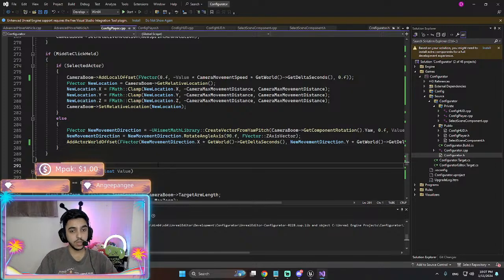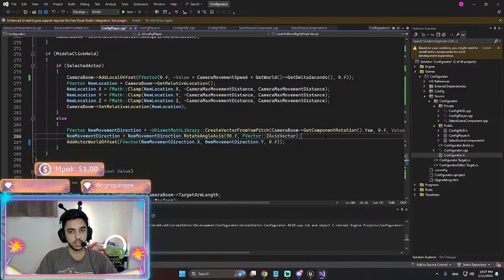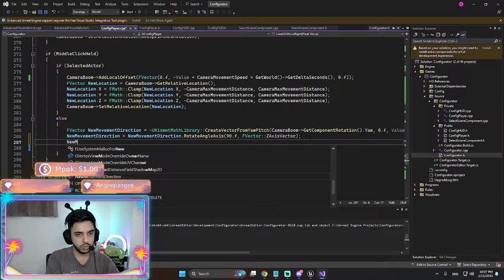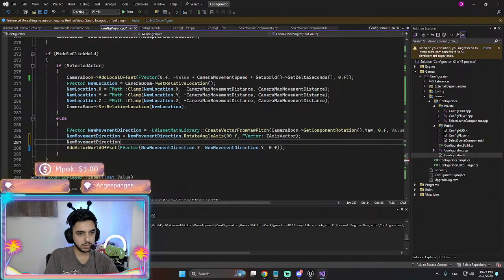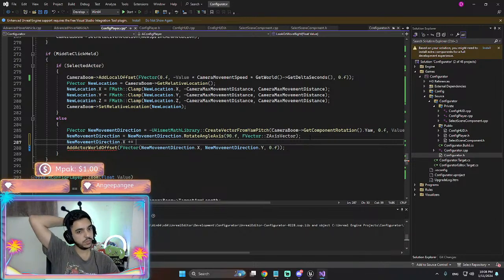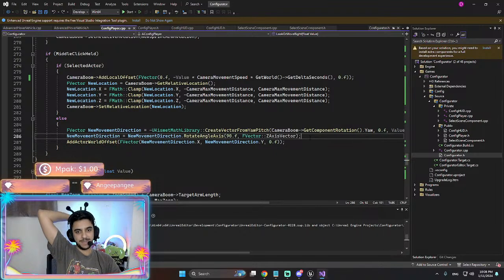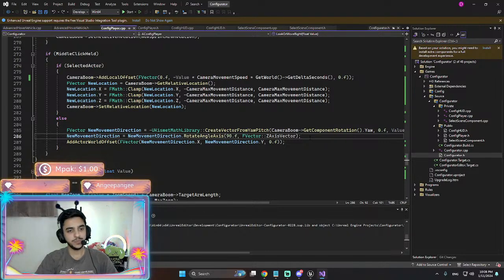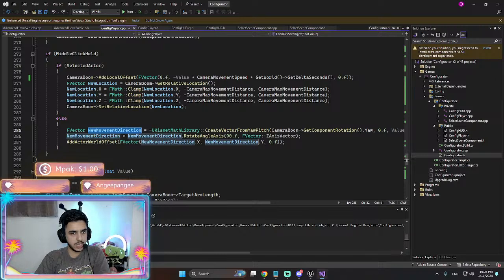Oh, actually no. I'm gonna say new movement direction dot x plus equal to... nah. I'm wrong. It's a new direction. Add actor world offset.